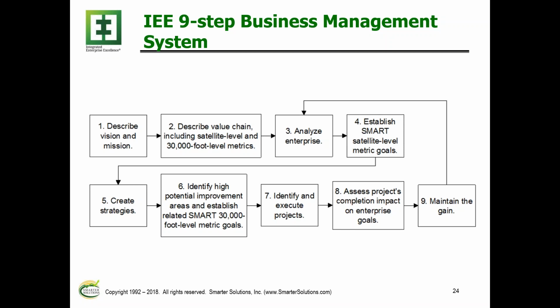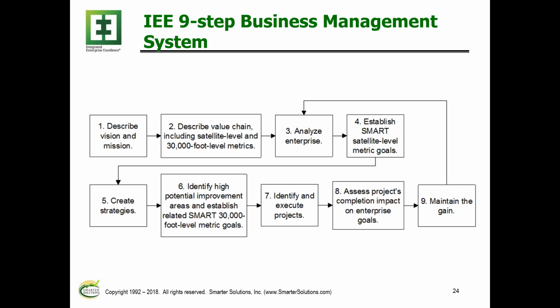So this gives you some idea on how to use the tools that we talk about in Lean Six Sigma, but also at the enterprise level. We can look at differences between departments, machines, operators, divisions, and so on, and try to figure out what might be done that's going to help the business as a whole. Notice that's different than setting goals throughout the organization, because if you're trying to improve everything, you just really don't have enough bandwidth to go in and do that, given the level of commitment that you really need to do.